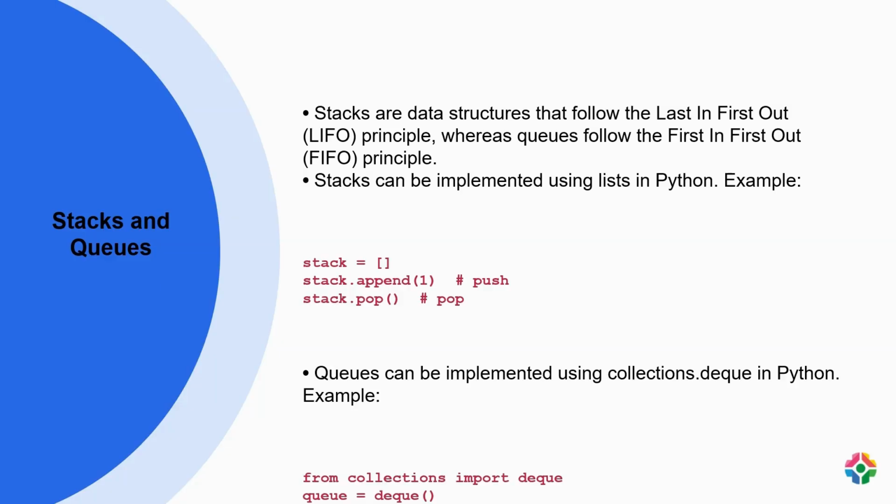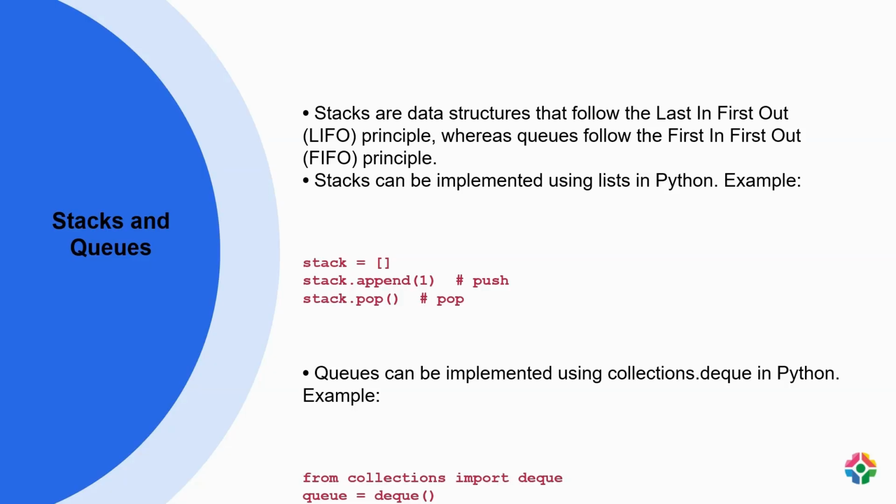Conversely, queues are commonly implemented using the collections.deque module in Python. To enqueue an item into a queue, you utilize the append function, and to dequeue an item from the front of the queue, the popleft function is employed. An illustrative scenario could be a printer queue, where documents are printed in the order they were added, simulating FIFO behavior. Understanding the distinctions and implementation methods of stacks and queues is fundamental for developing efficient algorithms and managing